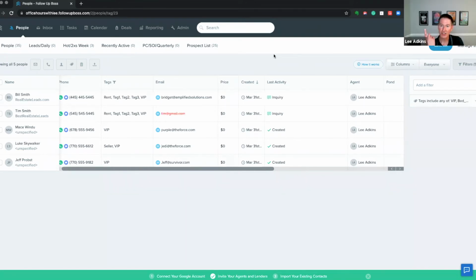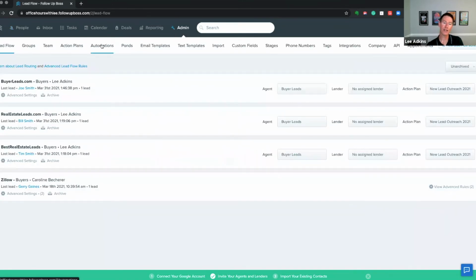Great. So stages, tags, smart lists. Do we want to take a peek at automations next? Maybe, is that kind of crazy? Or I think so. I say let's do it.